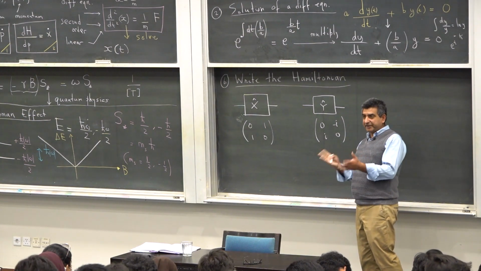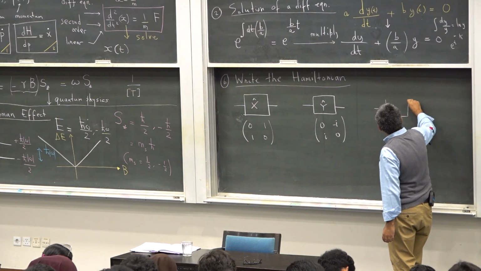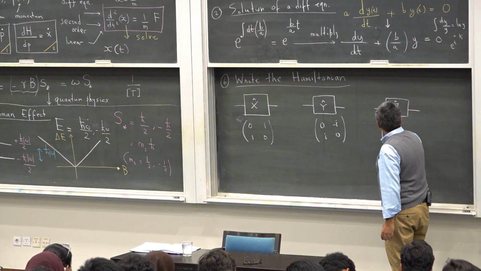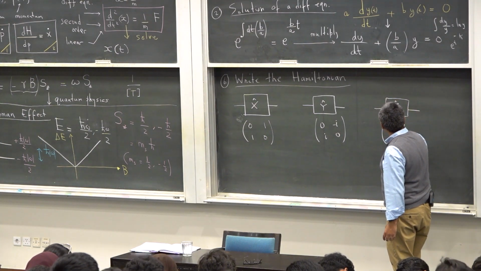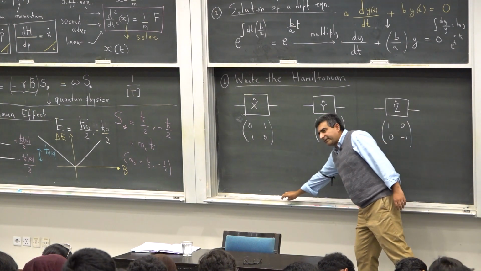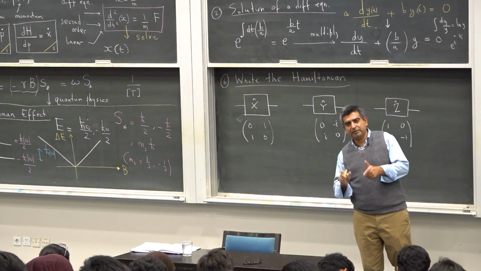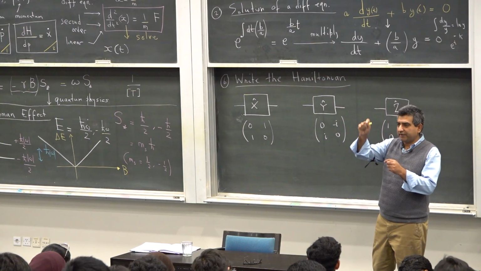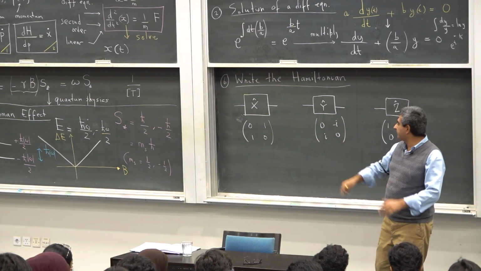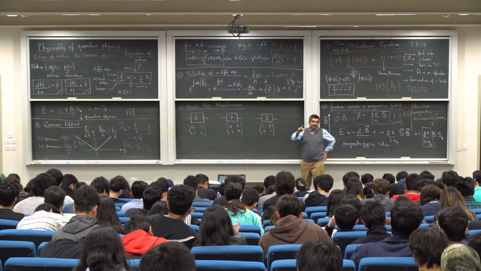So these are just definitions of these matrices. The third matrix you need to know is the Z matrix: 1, 0, 0, minus 1. All of them are unitary matrices. All three of them are unitary. Their Hermitian conjugate equals the inverse. This is also a phase gate with phi equals pi.